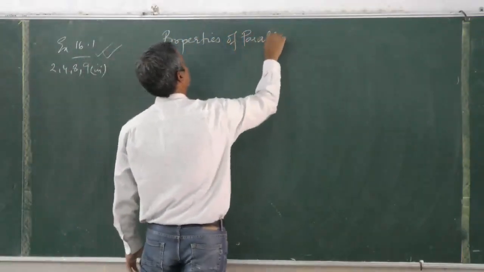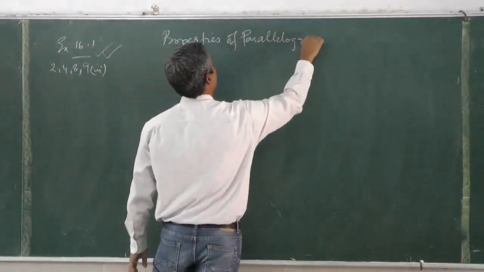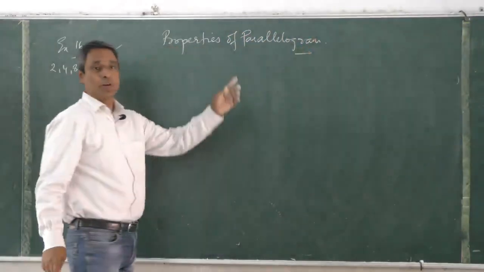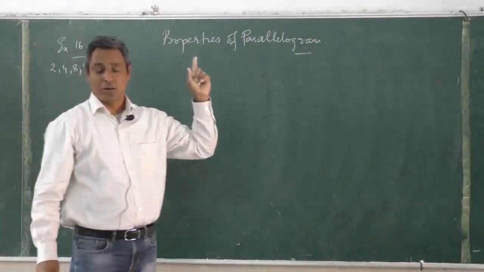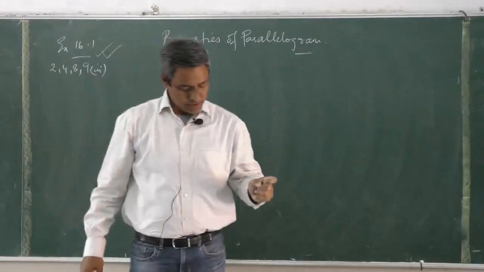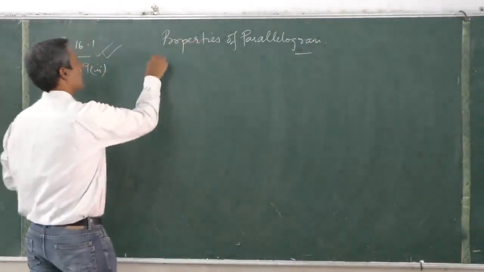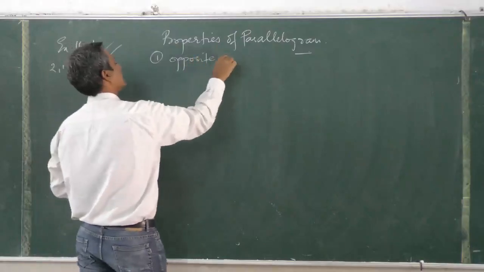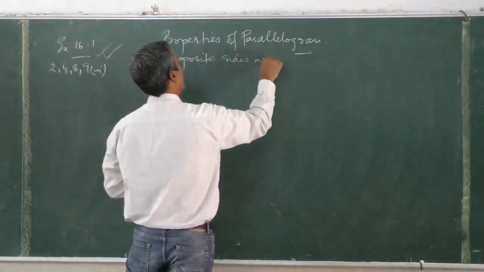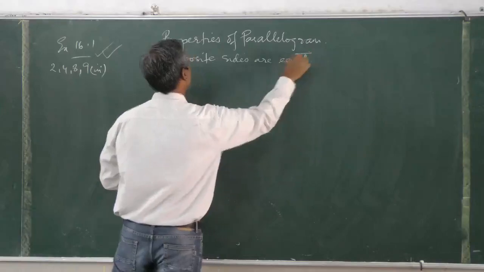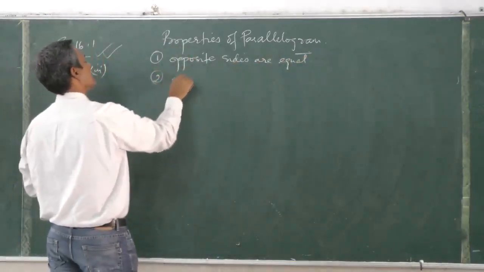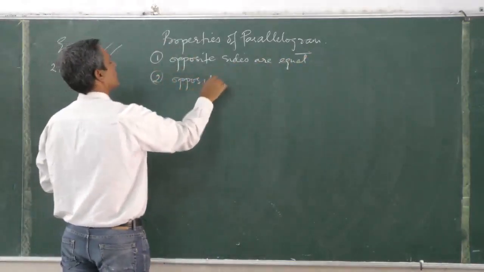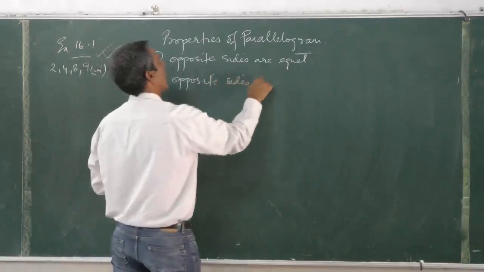To get into the first exercise, you must be very, very clear in the concept of properties of parallelogram. So what is it? Number one, opposite sides are equal. Number two, opposite sides are